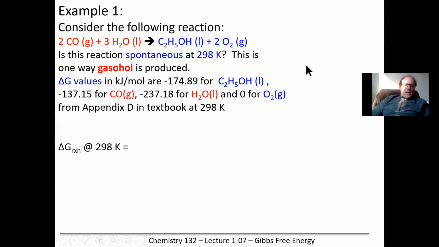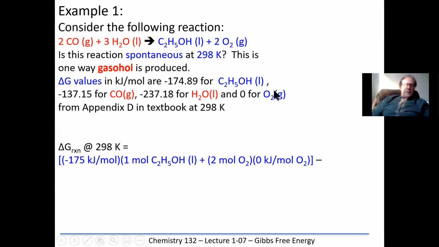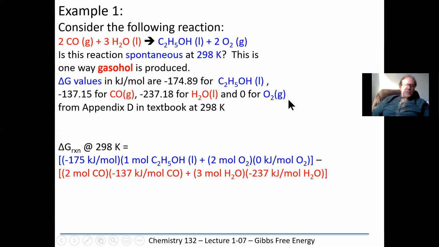So from Appendix D in the textbook, we can get these values so we can calculate them again using the sum of the G values of the products minus the sum of the G values of the reactants equals delta G. So if we take the minus 175 kilojoules per mole, multiply it by 1 mole of ethanol, add it to 2 moles of oxygen times 0, which really didn't have to do that, but I'm just showing it to you anyway. And that's the sum of the G values of the products minus